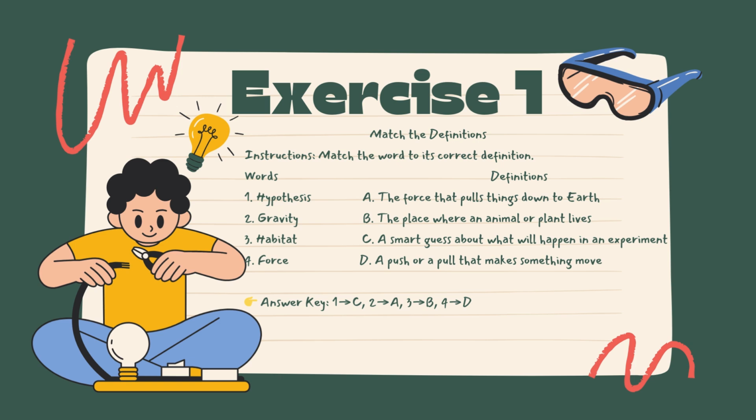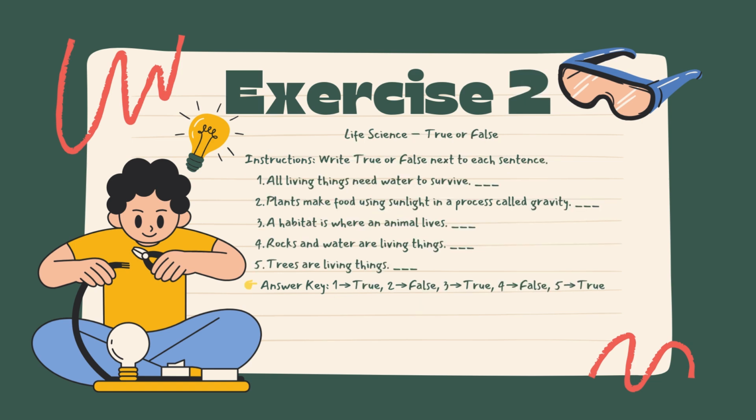Answer key: 1 → C, 2 → A, 3 → B, 4 → D. Exercise 2. Life science, true or false. Instructions: write true or false next to each sentence. 1. All living things need water to survive. ___ 2. Plants make food using sunlight in a process called gravity. ___